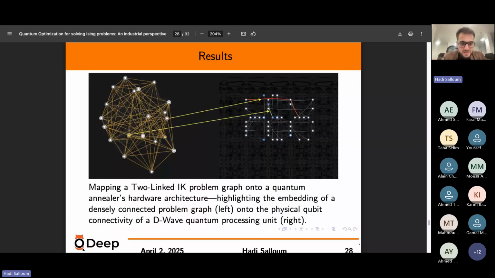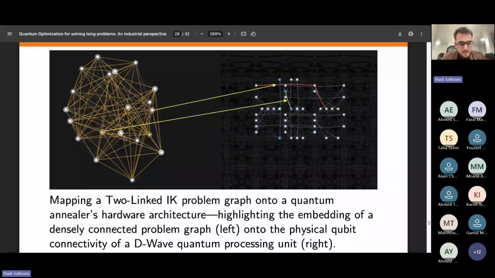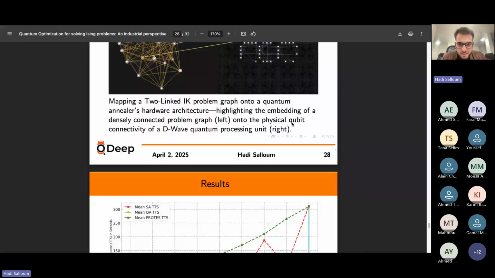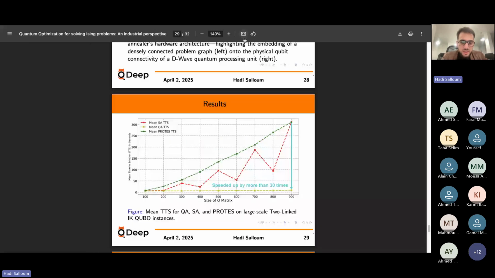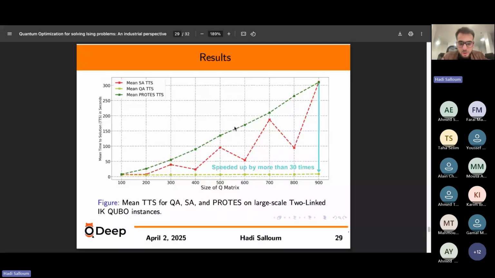So you have two angles, and you can see two yellow points, which are selecting the angle, and you can see the corresponding physical qubits in the Pegasus topology. Here we compare simulated annealing, time to solution, quantum annealing, and the probabilistic tensor train sampler. Quantum annealing provides around 30 times speedup over simulated annealing and the PROTES solver when we solve a QUBO with size